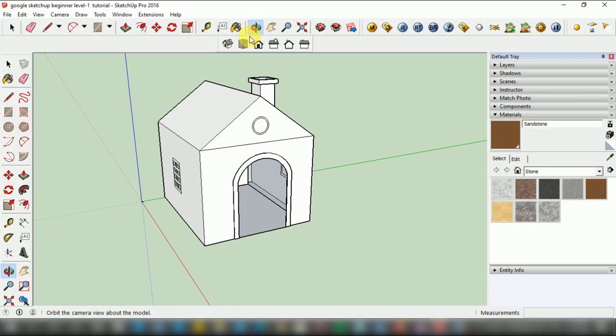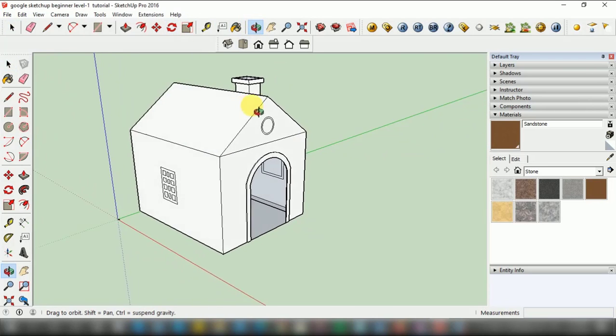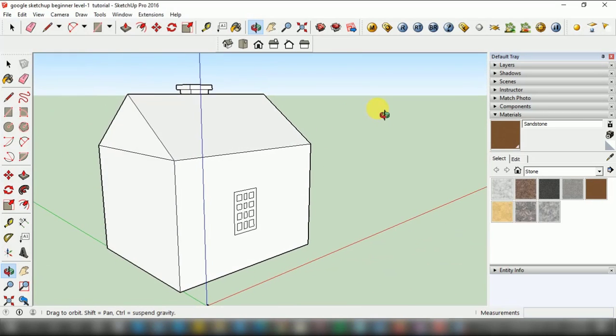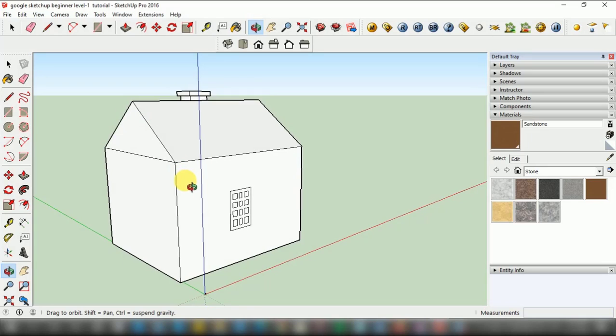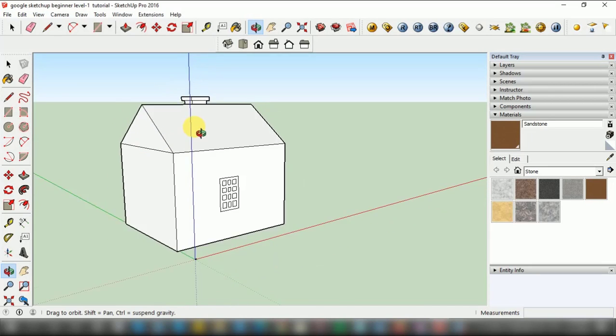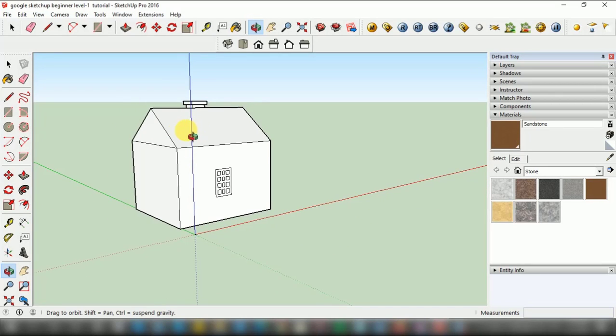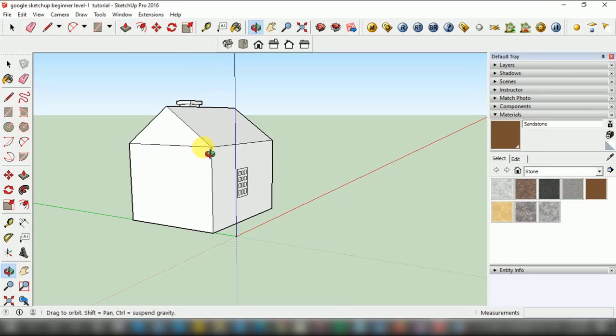But when I orbit the object, you can see the edges which were previously outside and very dark change. Those edges which were outside now become inside edges, and those which were previously inside now become outside.